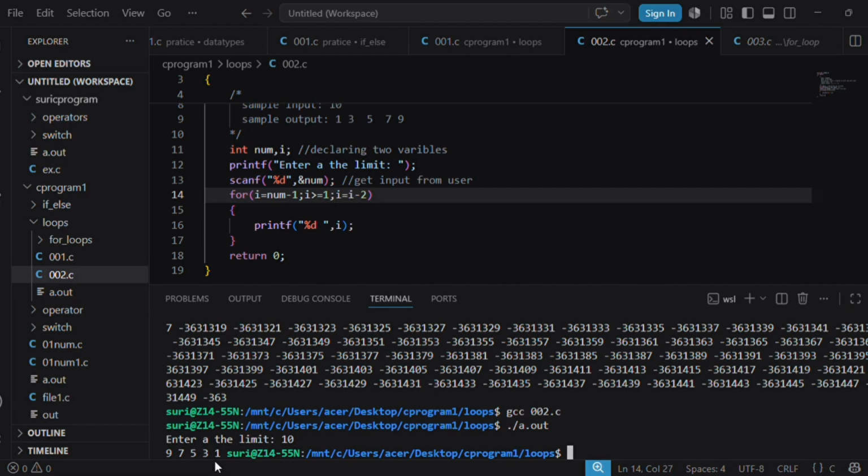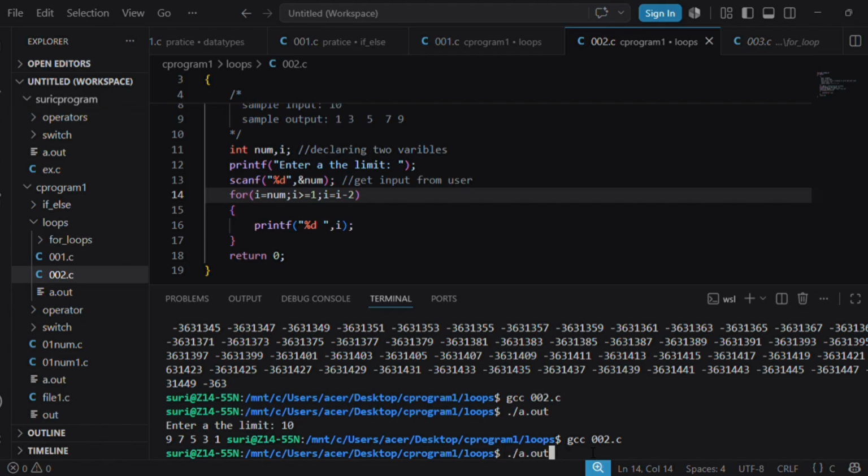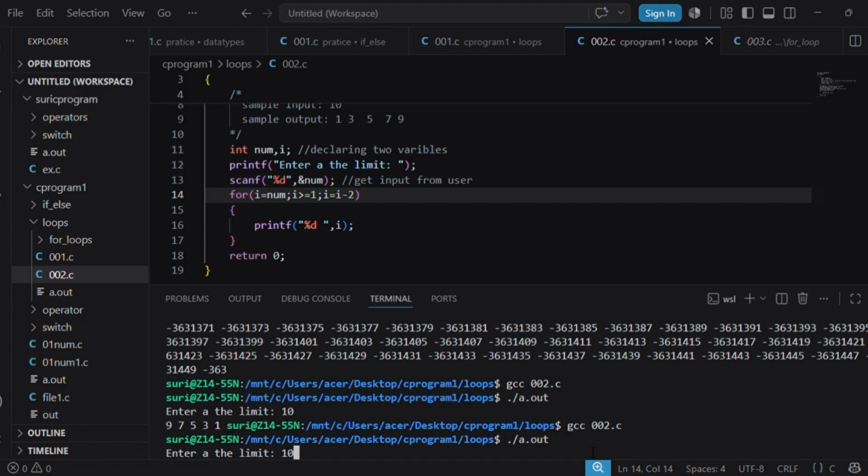We need only odd numbers, so for that purpose I am putting minus 1. 9 7 5 3 1. Now I need to print the even numbers. 10, 8, 6, 4, 2.